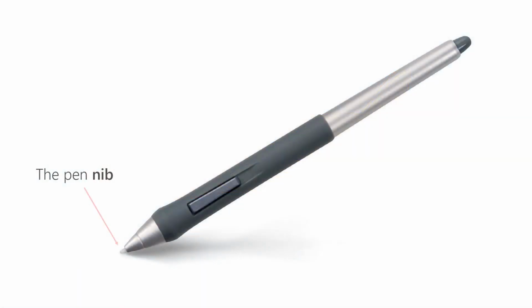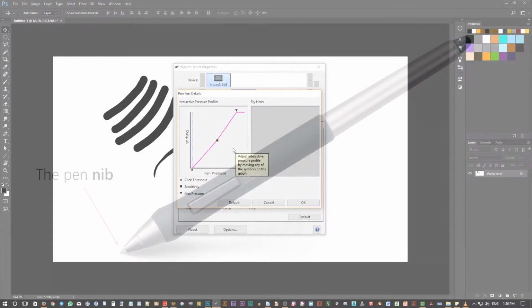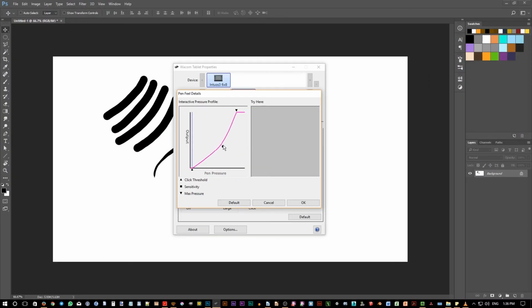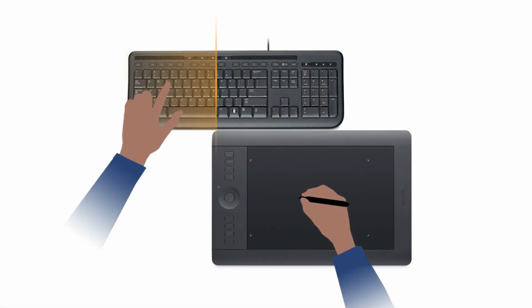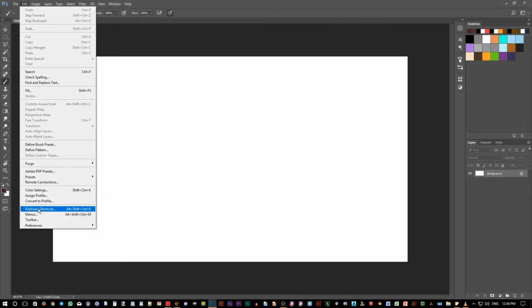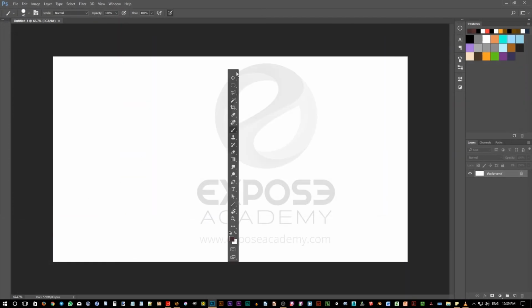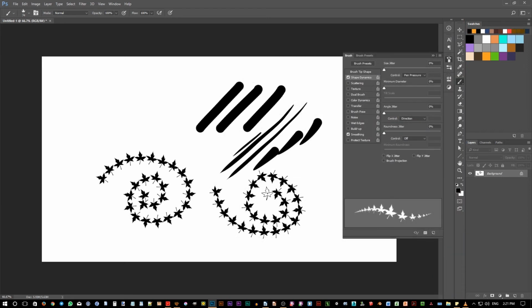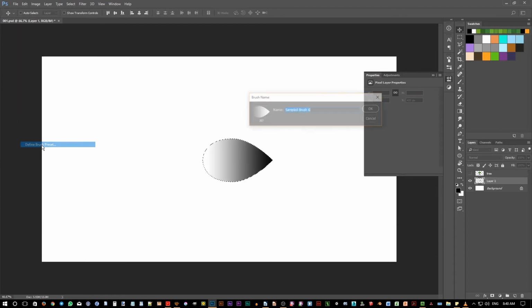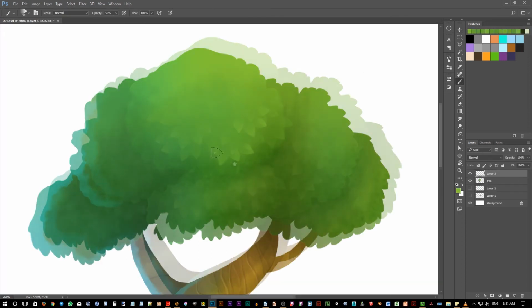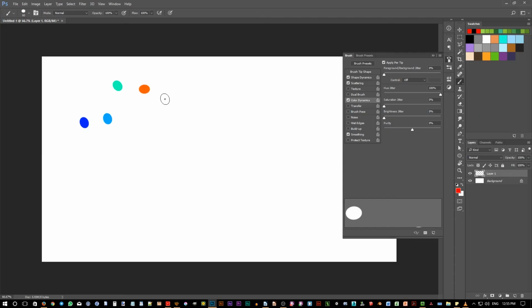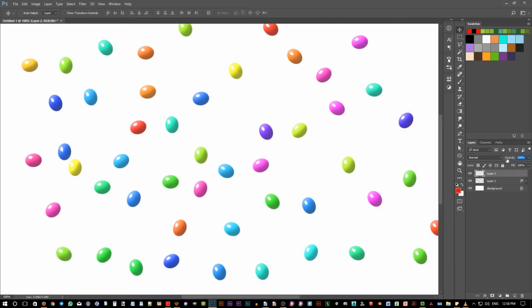After that, we're going to use pressure-sensitive device such as Wacom tablet extensively. We're going to learn how to set up Wacom tablet correctly so it fits our speed illustration workflow. Then we're going to set up Photoshop's keyboard shortcuts and the UI also to get the most out of it. We're going to learn about the brush settings and how to create custom brush and custom tool presets. All of these are needed to prepare our working environment for the final project.